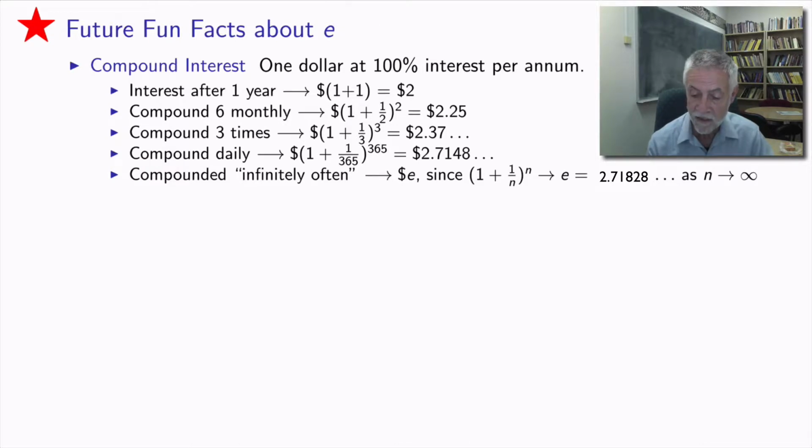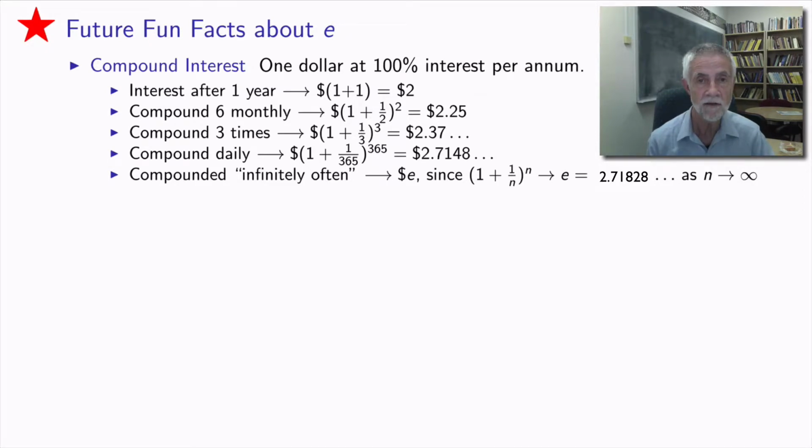So the first is the situation of compound interest. Imagine that you have $1 and you invested it at 100% interest per annum, a very good rate of return. Then at the end of the year you will have $2. Now if the amount is compounded six-monthly, then at the end of 6 months you'll have $1.50, and at the end of 12 months you'll have 1.5 times that again, 1.5 squared in other words,